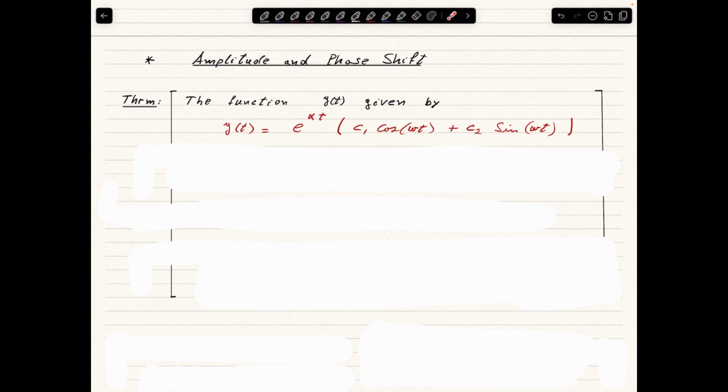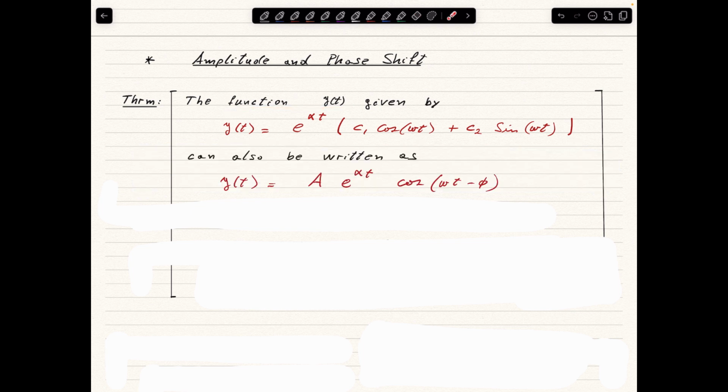Suppose you have any function y of t given by this expression. This could be the solution of the spring mass system when we have small friction, or when we have no friction at all. Small friction is like this, no friction when we have that not in the solution. But it doesn't matter where this expression comes from. Suppose we have a function like that. Then this function can also be written in this way now, where here we have cosine and sine multiplied by constants,